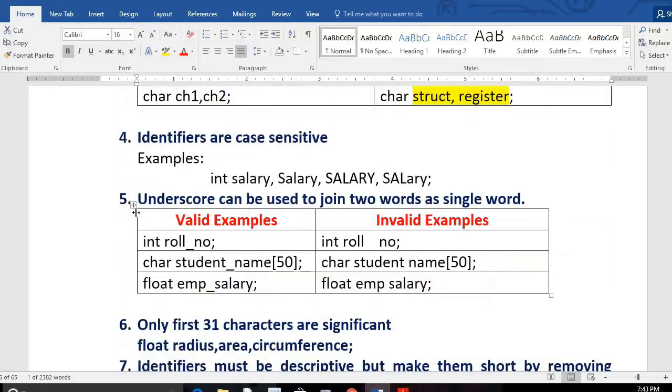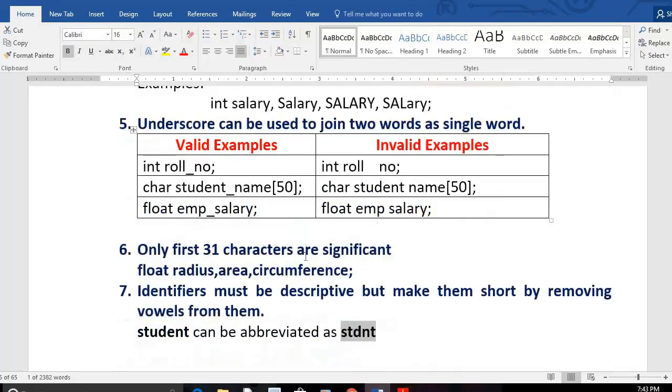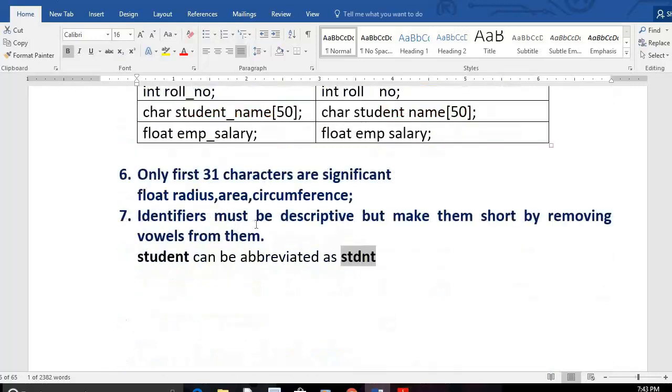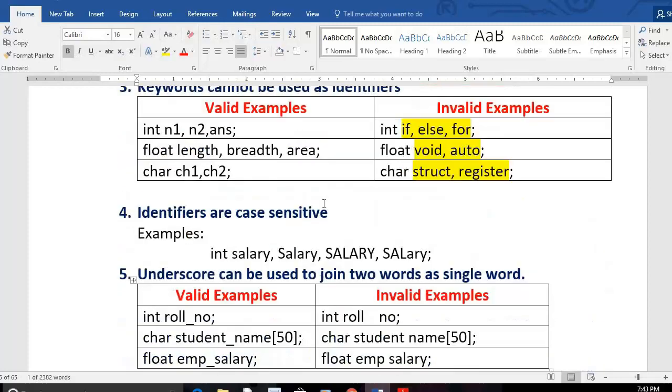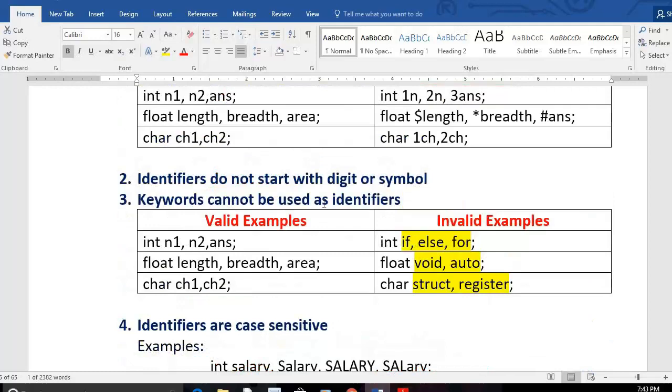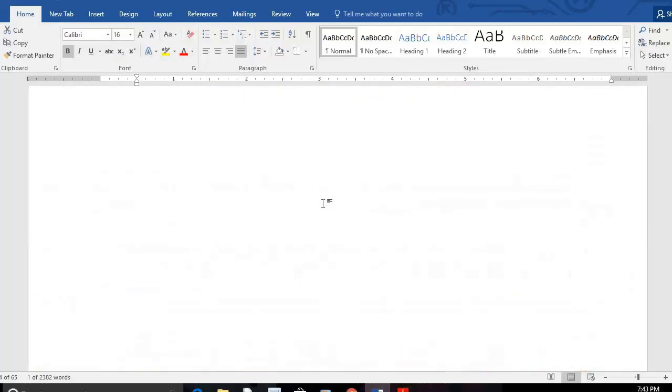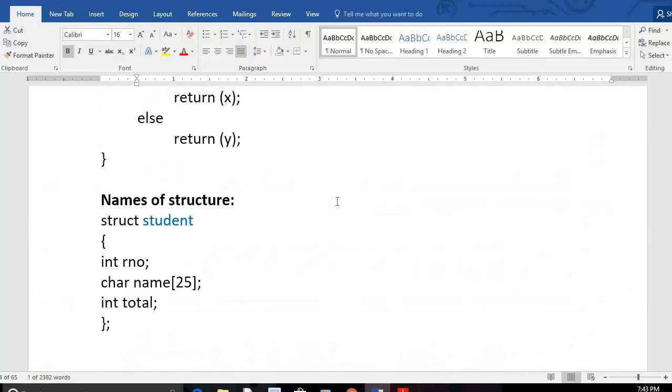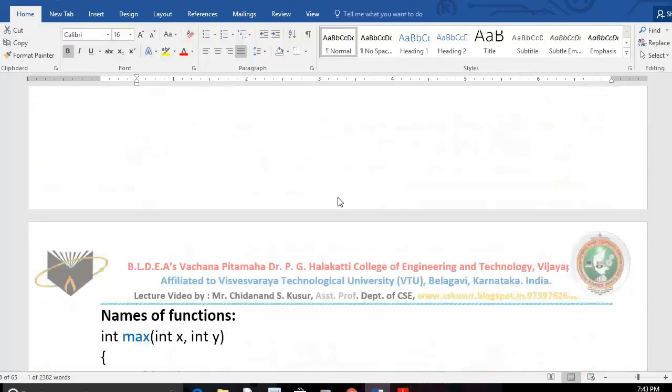Okay. Underscore can be used to join two words as a single word. Okay. First 31 characters are important. Okay. Identifiers must be descriptive, but make them short by removing vowels from them. If you write like this, the valuator will be very happy. The valuator gives you full marks. I hope you have understood.